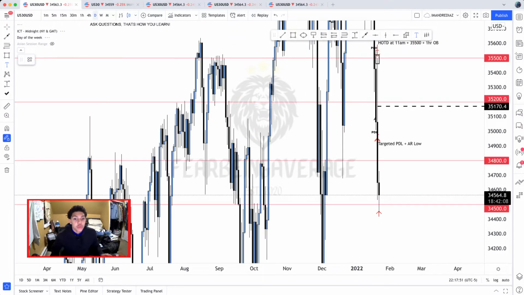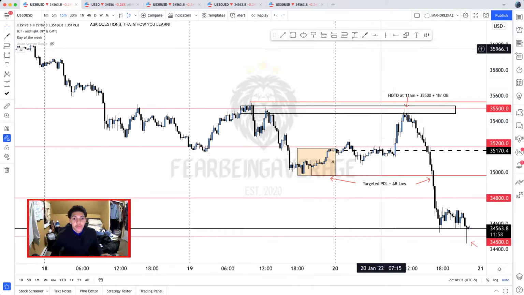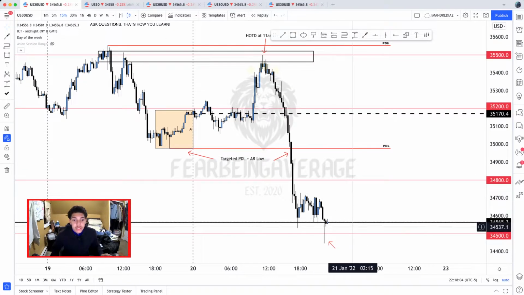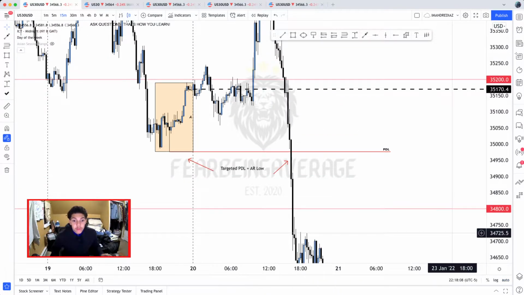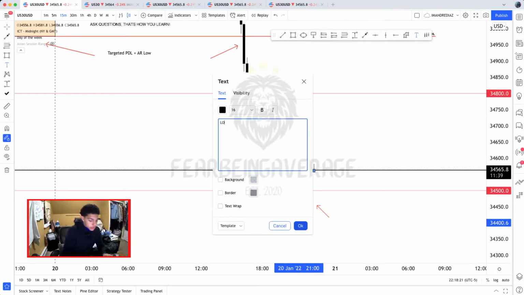But now let's go to a higher time frame, and I also see that we made this low of the day after we finally traded into this bullish daily order block. Just like that. So now we're going to come down to the lower time frame, 15-minute, and you can see that's where price is currently closing. Look at how price wicked all the way above it, just like this. Look at this big wick candle, closed right above that daily order block. Didn't close below. This one did close below, but pay attention to this one. That shows you that price is respecting this area. So this is going to be the low of the day.